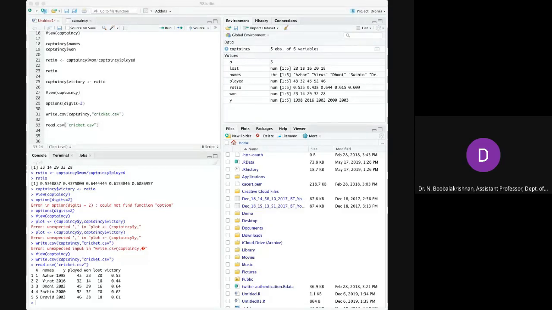I am downloading the Google form. See, I have downloaded that Google form. Go to Google, any forms or Excel sheet, download it as CSV, comma separated values.